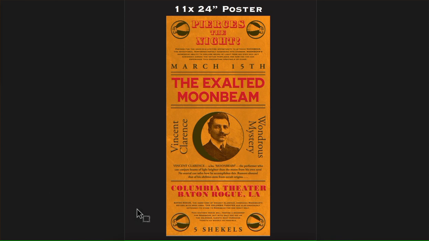I love the moons in the corners. Really nice touch, and I love the 5 shekels. And I think that these words here should be all caps, or small caps. That's where the first one is a larger capitalized letter, and the rest are all capitalized, but they're shorter than the rest. So give that a try, see if you like it. But I think maybe all caps would read the best. And then